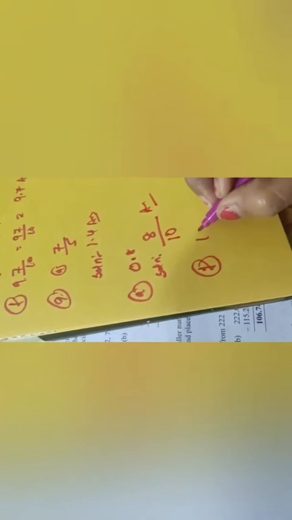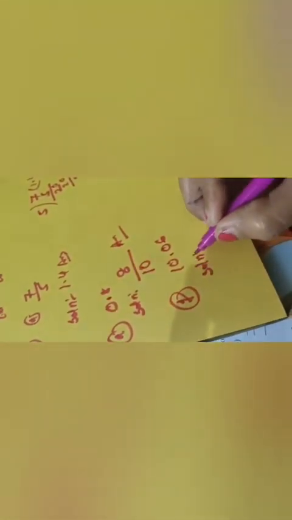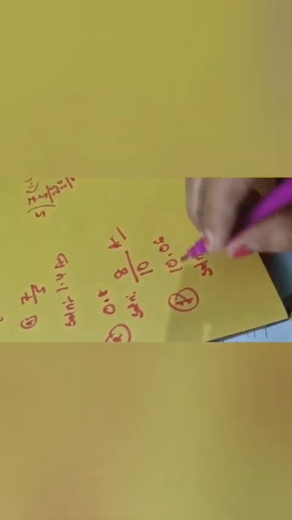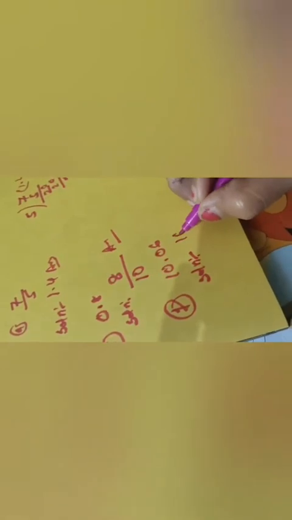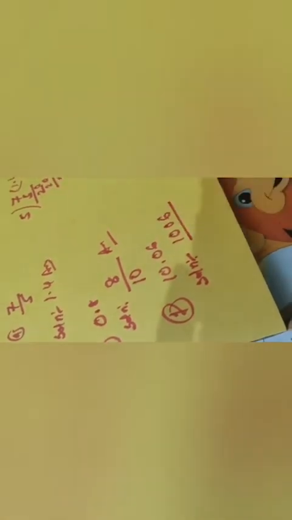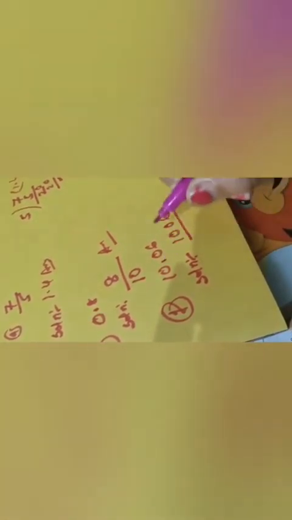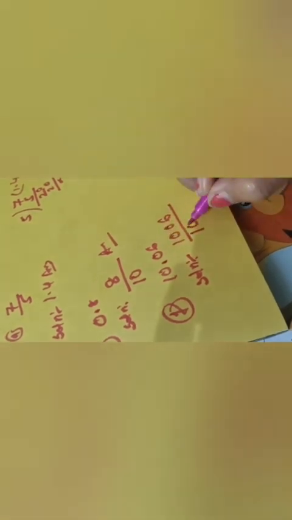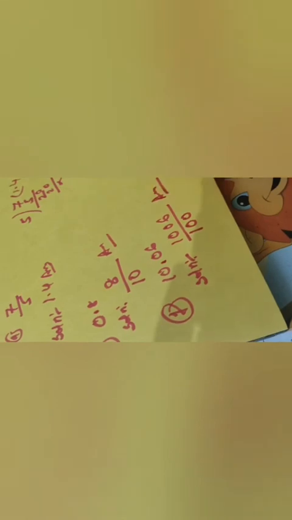One more question I have to solve. 10.06. Okay. Don't be confused. Very easy. Whatever is given, write same to same. Don't think there is any decimal. 1006. Okay. Here the point is given. Point means 1. And after that how many digits? 2. So 100. This is your answer.